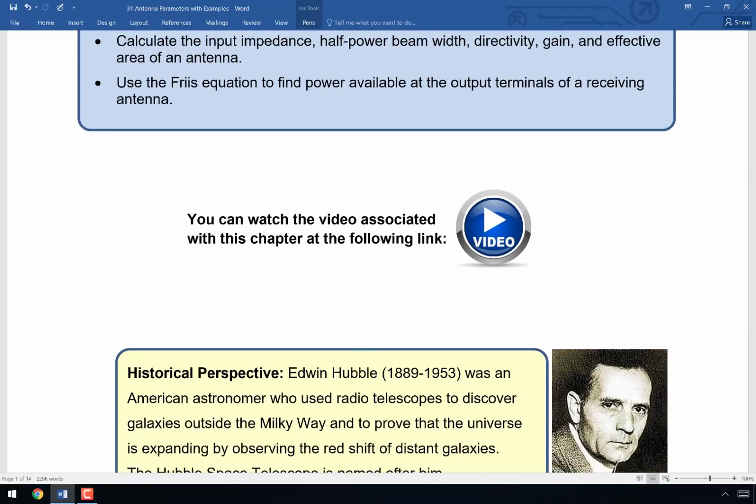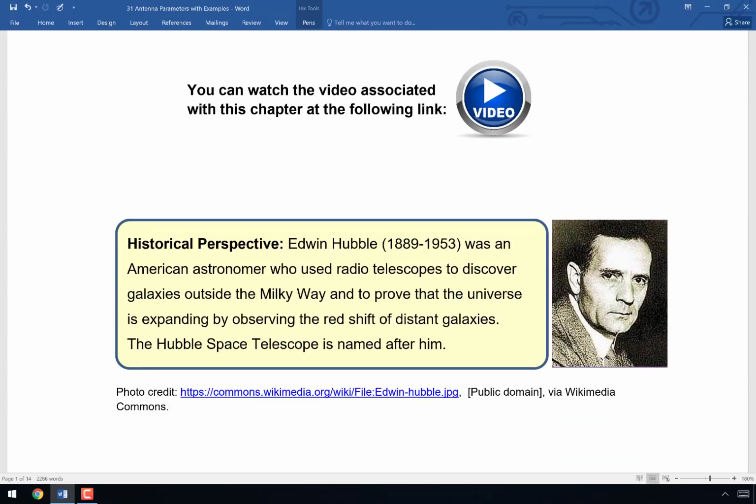So our historical perspective today is Edwin Hubble. You probably heard of the Hubble Space Telescope. Hubble was actually the first person to discover galaxies outside the Milky Way, and then he also used the information that he gained from that study to determine that those galaxies were redshifted, and that helped him to realize that the universe was expanding. He was actually probably the most important astronomer of the 20th century. So we're happy that he was able to use radio telescopes, or basically large antennas, to be able to perform